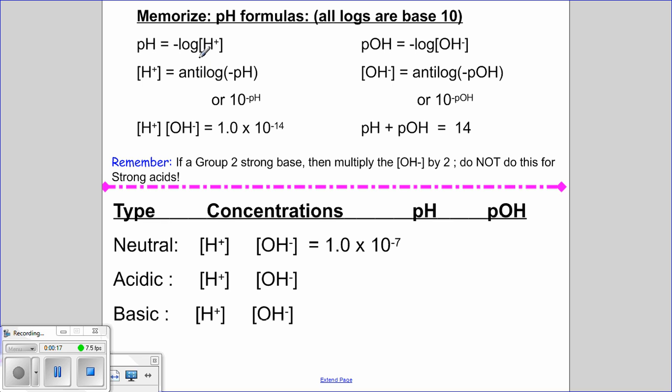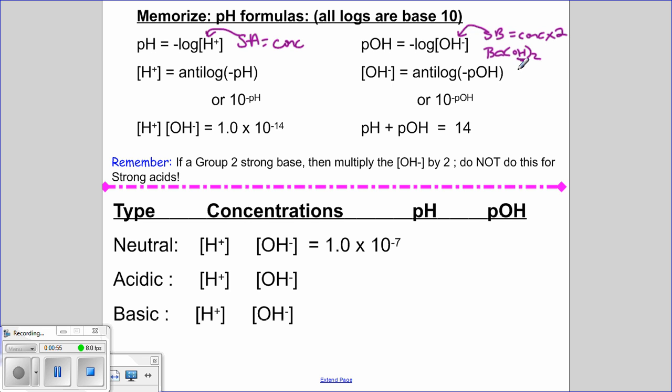All right, so these are formulas that you should remember from Honors Chem. pH is equal to negative log of the concentration of H+ ion. If you have a strong acid and it gives you the concentration of it, then you automatically have the concentration of the H+ ion. If you're given a strong base and you're given the concentration of it, you are automatically given also the concentration of the OH- ion. However, unless you have something like Ba(OH)2, anything in group 2, there's a 2 subscript here